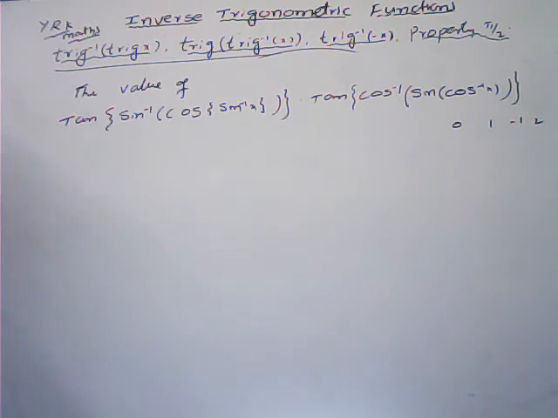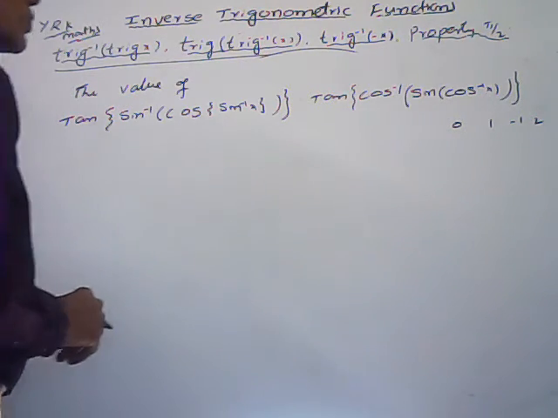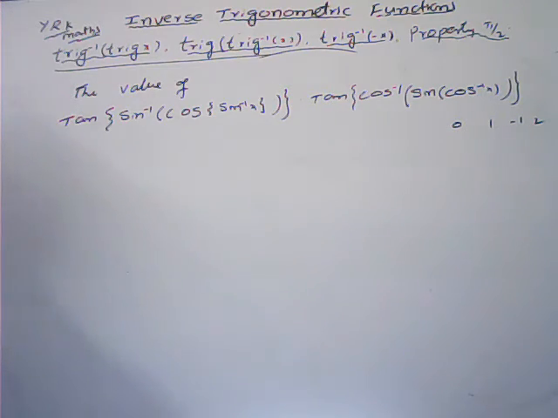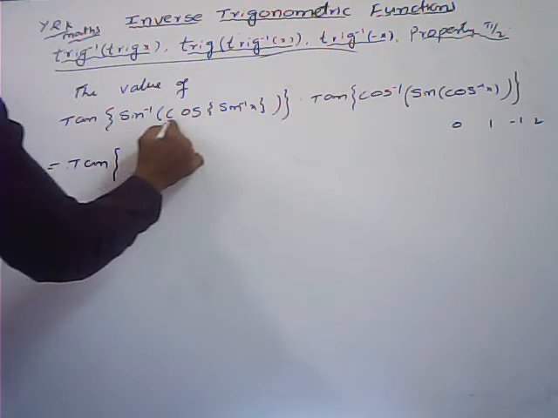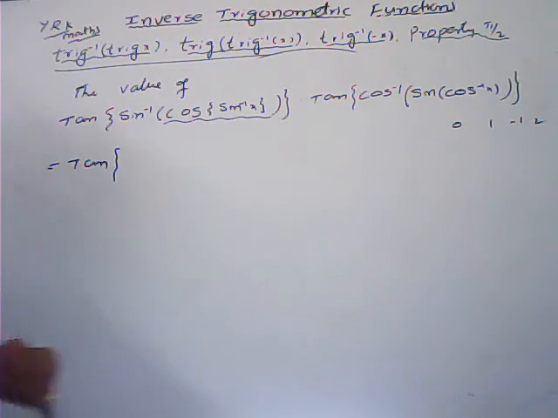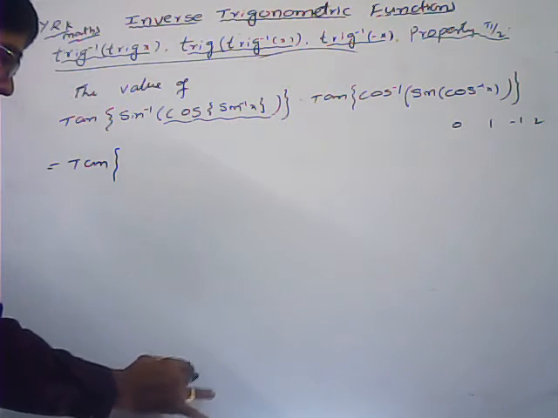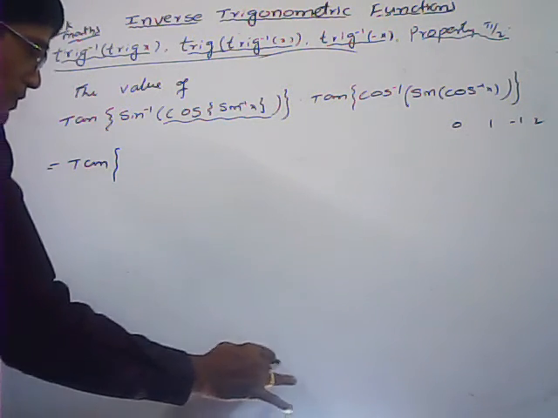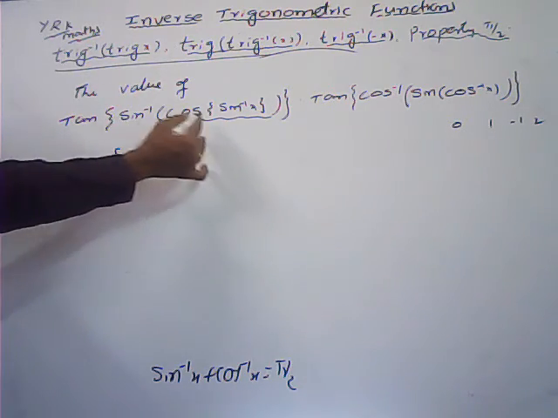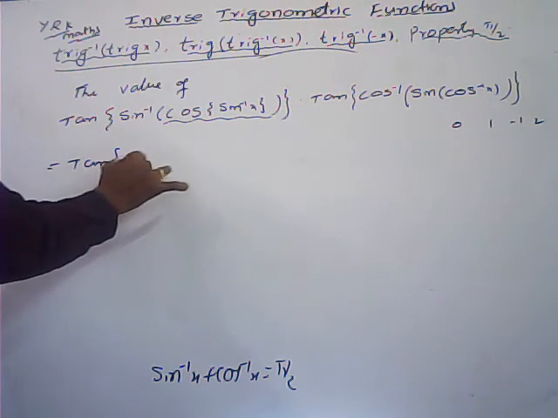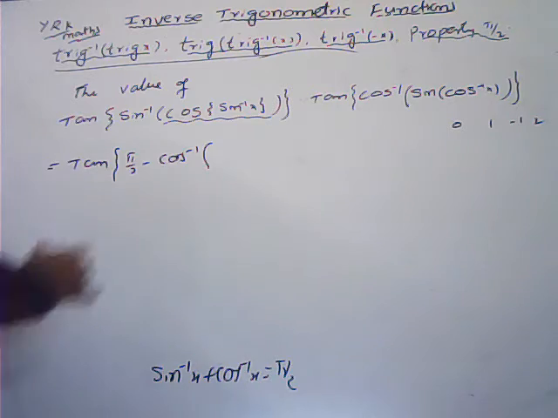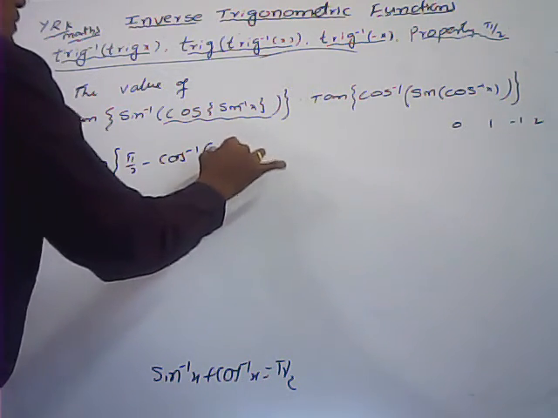Here is one more problem, find the value of this expression. Options given are 0, 1, minus 1, 2. Using the property pi by 2, how to solve this? Consider the inside as x only. sin inverse x plus cos inverse x is equal to pi by 2. So sin inverse x equals pi by 2 minus cos inverse x, cos of sin inverse x only,